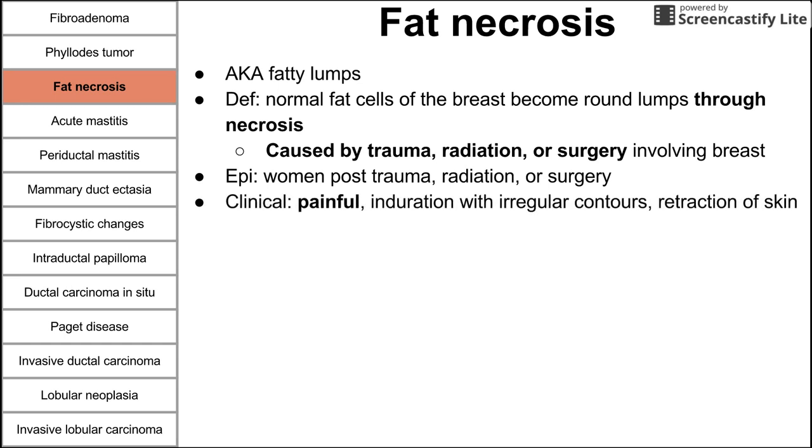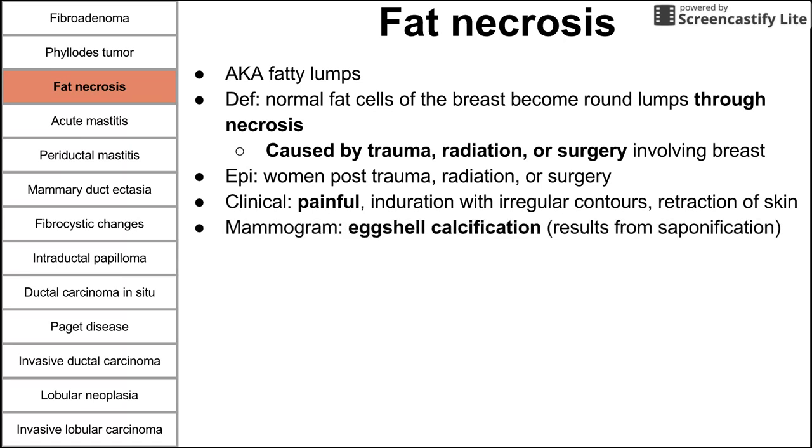Clinically, these are painful. You feel induration with irregular contours, and there's also retraction of the skin as a result. On mammogram, you see eggshell calcification. This is a result of the saponification reaction that undergoes in fat necrosis. That's the fatty acids that are interacting with the calcium, and it leads to a calcification around the fat necrosis